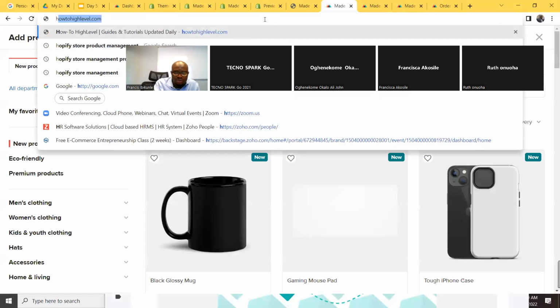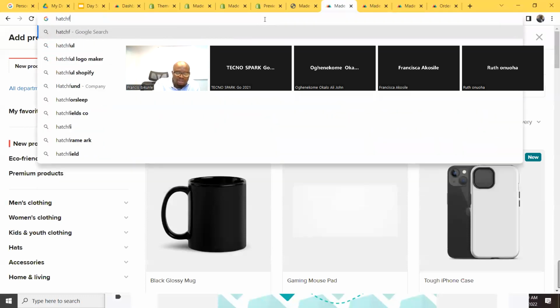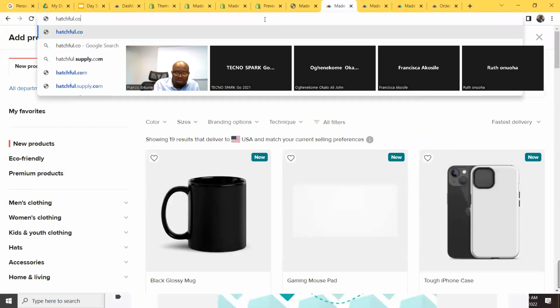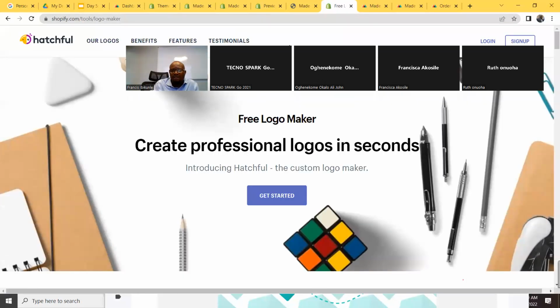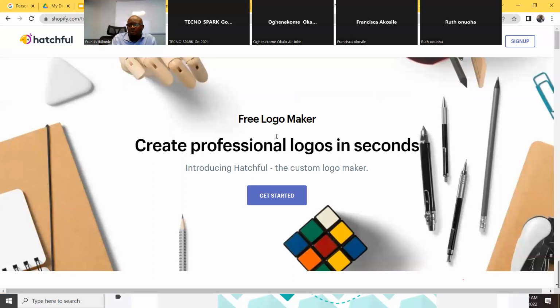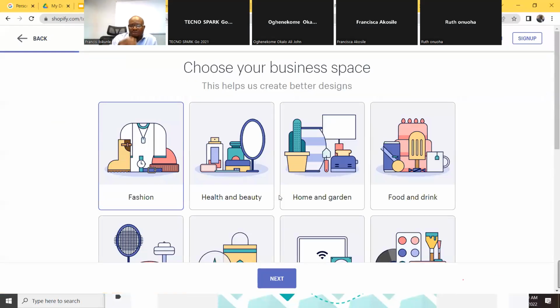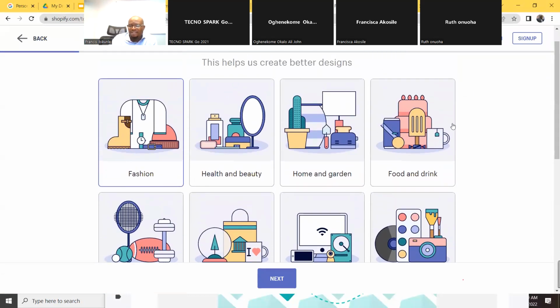But one of the tools is Hatchful. It can really help you create a logo quickly. Okay, see, there's Hatchful. You come over here, free logo maker. You do it. So okay, what kind of logo are you making? Maybe food and drink. It could be anything. Just pick. Just follow the